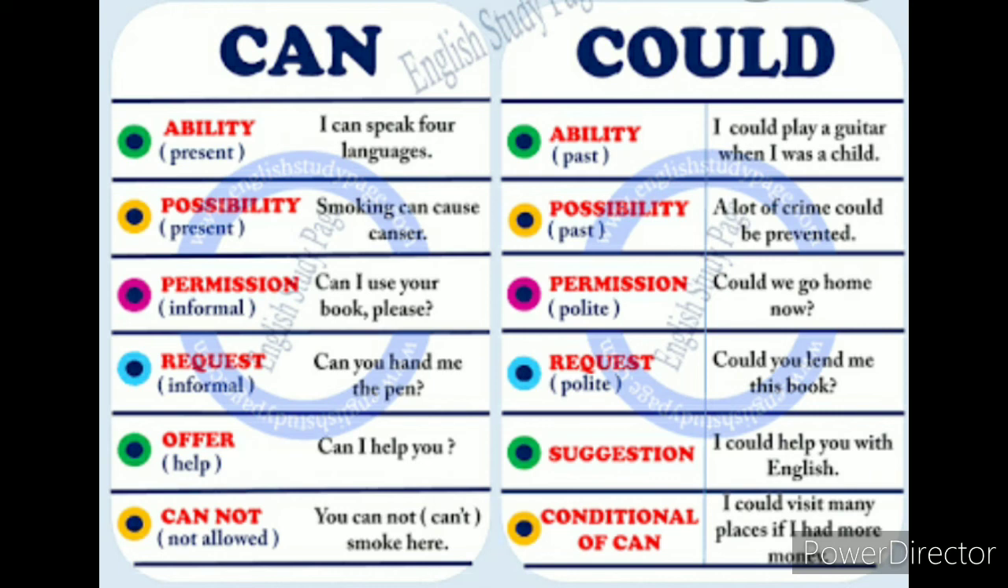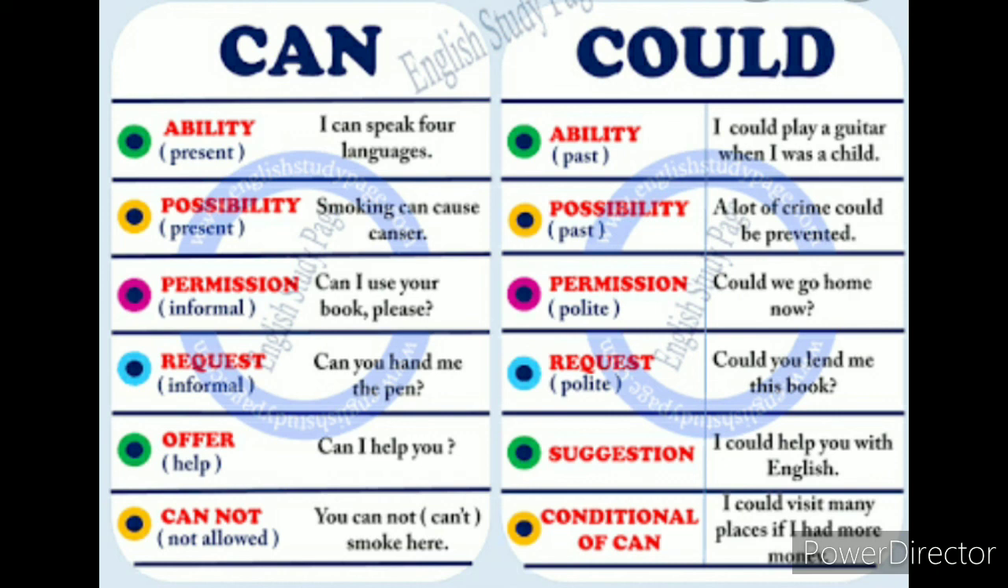But if you are saying the same thing in past form, ability but in past form, I could play a guitar when I was a child, when I was a small child. I could solve the sum in 5 minutes. For having the same thing, possibility in the present, permission in the present, request in the informal way, offer and